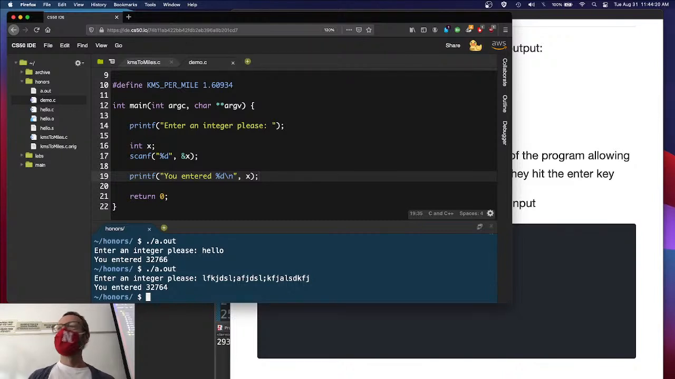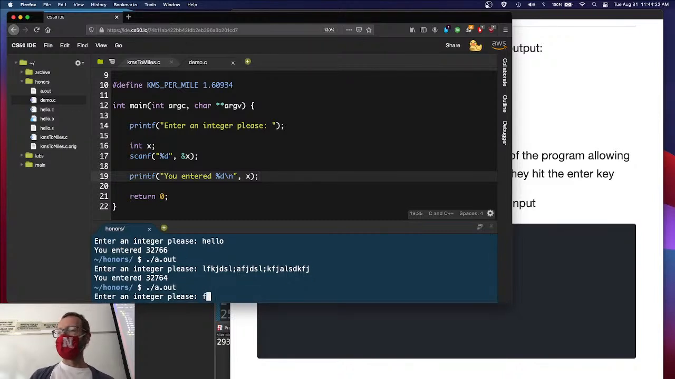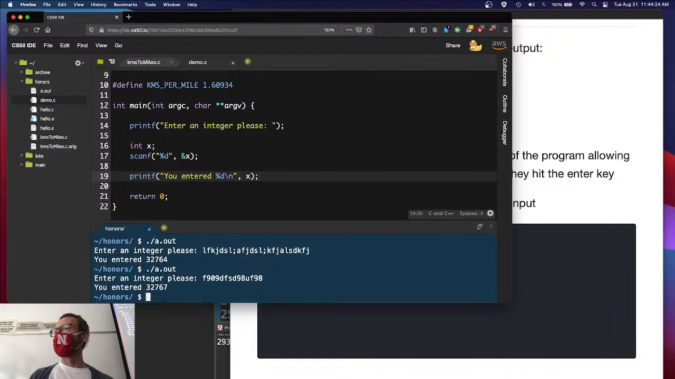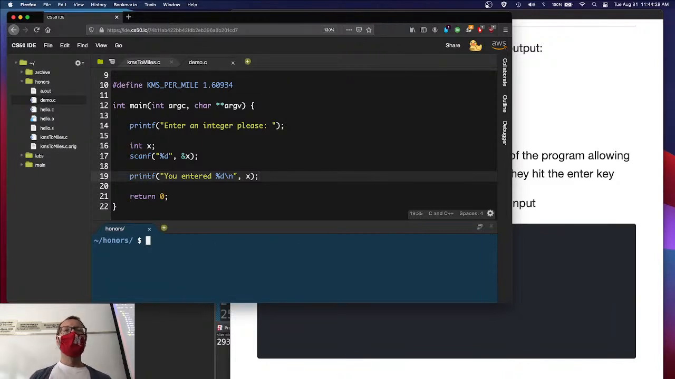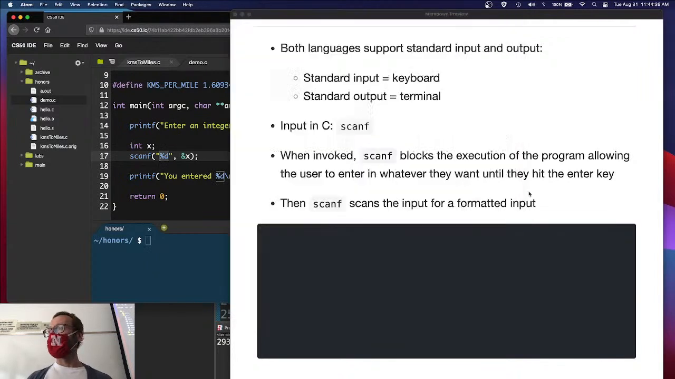32764. Another number. Just random garbage, because scanf expects a certain format. In this case, the format is a decimal number or a digit number. So scanf